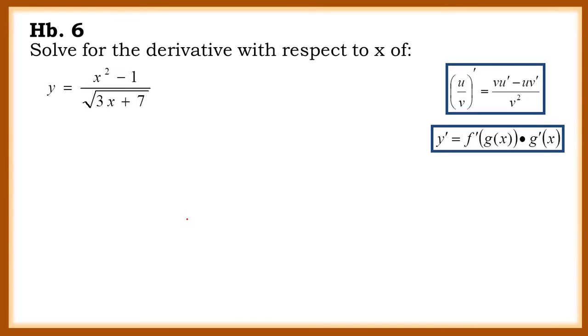Number 6, for chain rule of differentiation, we have to solve for the derivative with respect to x of y is equal to x squared minus 1 all over the square root of 3x plus 7. Bago natin siya kuhanan ng derivative, transform muna natin yung radical natin into its exponential form para mas madalian tayo sa ating computation mamaya. To do that, square root of 3x plus 7, this is equal to 3x plus 7